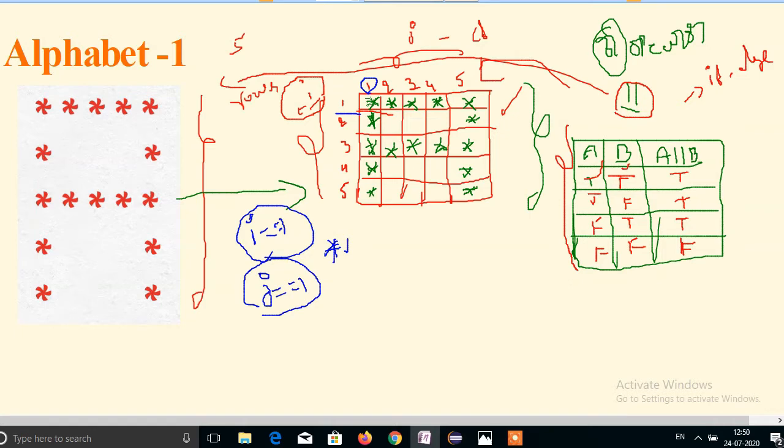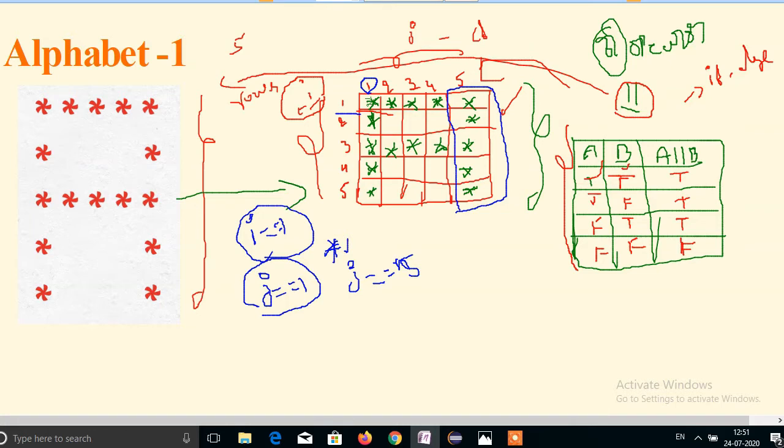It will print all star values. I will show in the program how it will work. Next, whenever j double equal to 5, that means it is the end of the column.